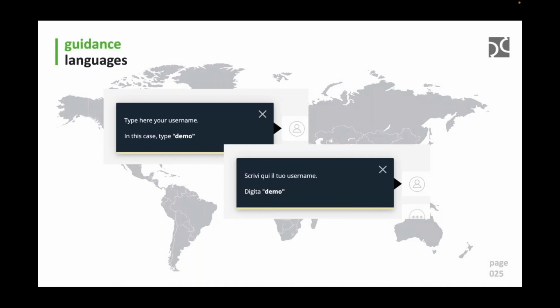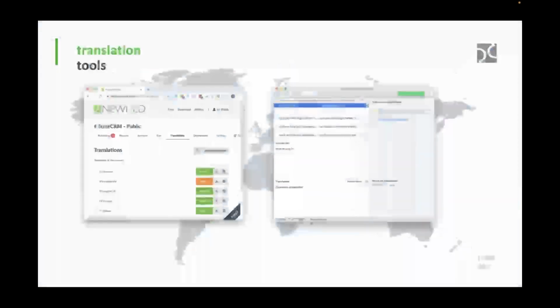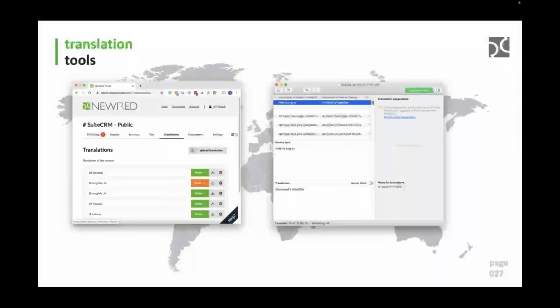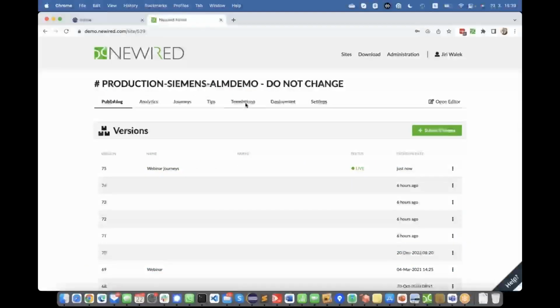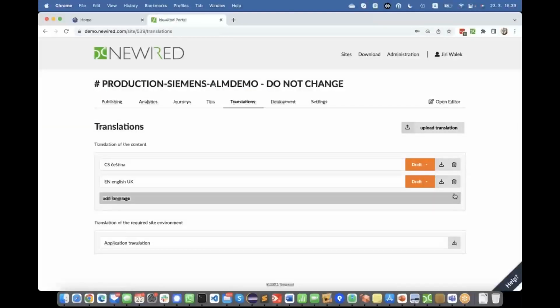languages. So you just define it once, using the industry standard tool based on the XLIFF format. XLIFF is a standard for content translation in the software world. So your translating department doesn't need to be trained on Newired. All they do is go to this Newired portal, go to translations, and download the translation package,